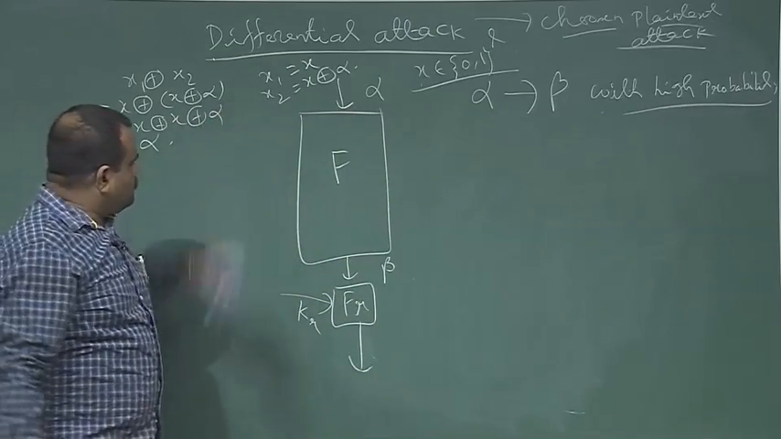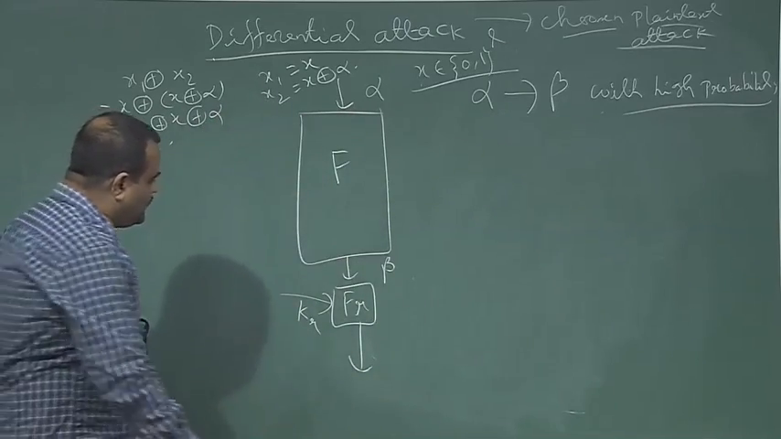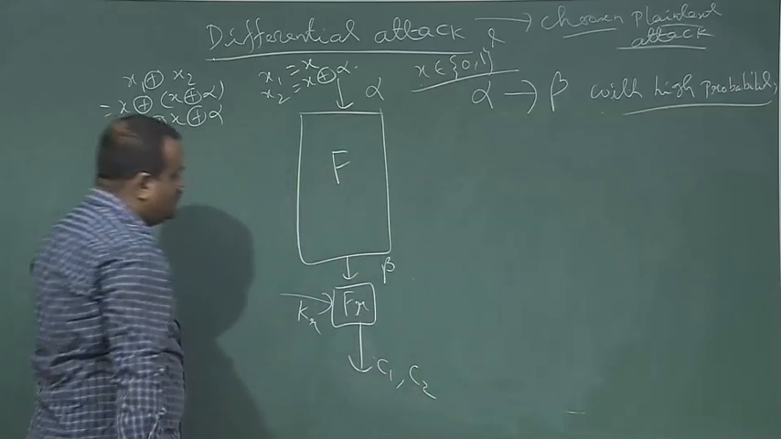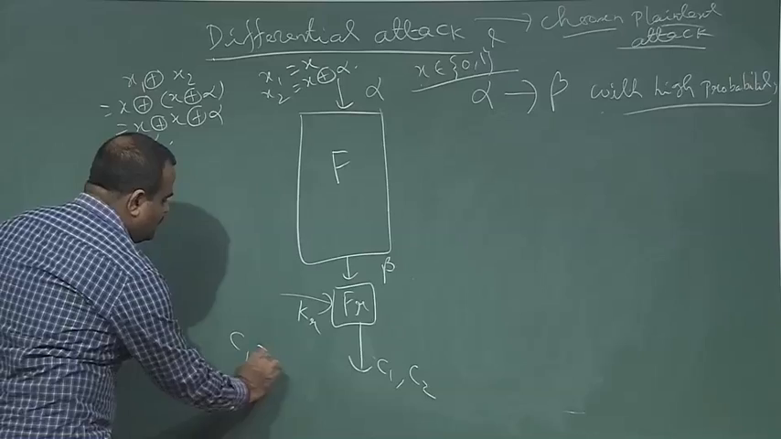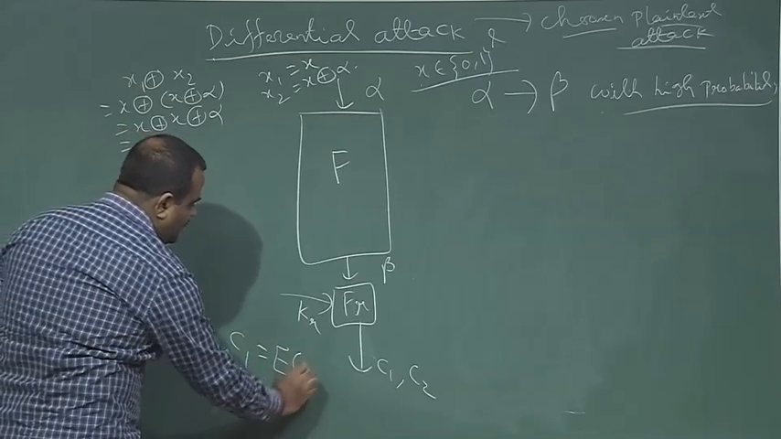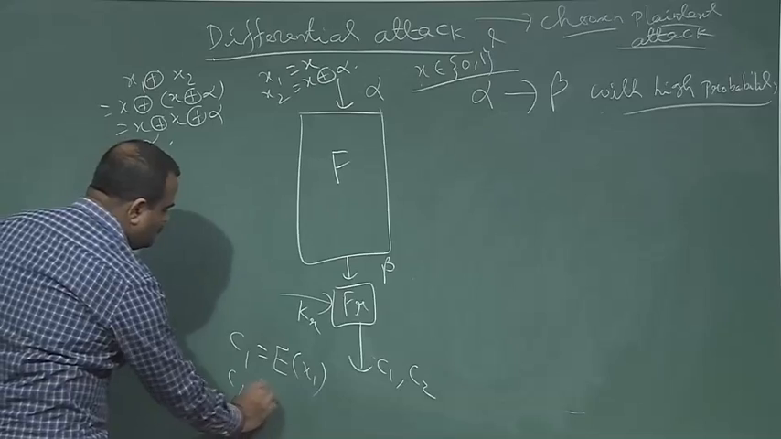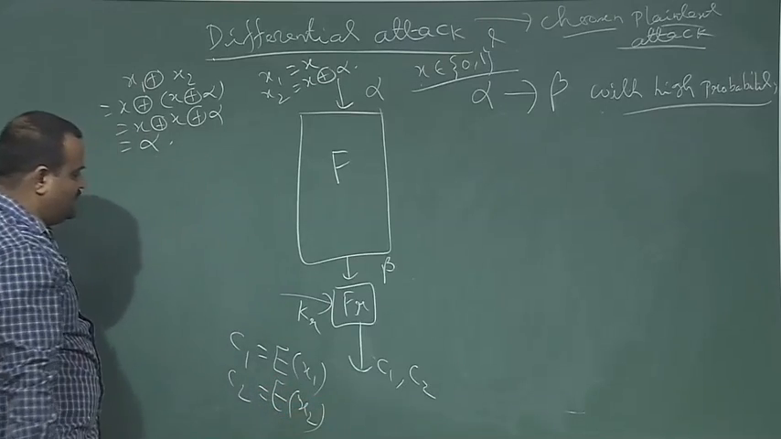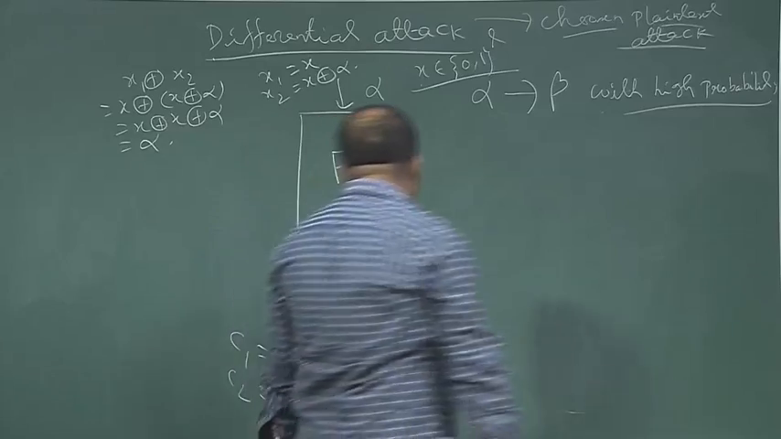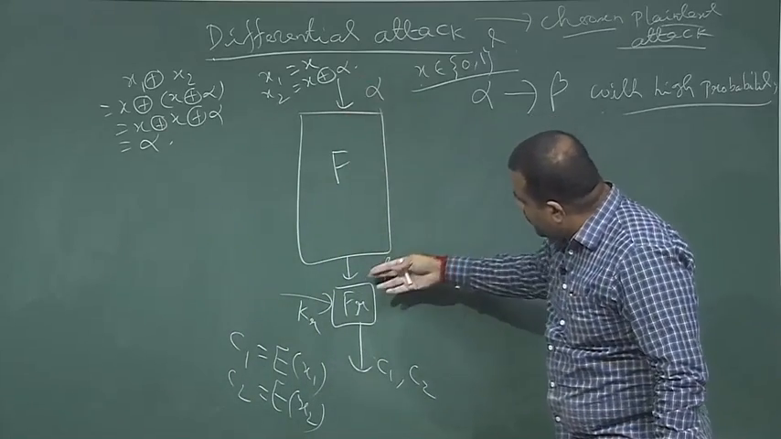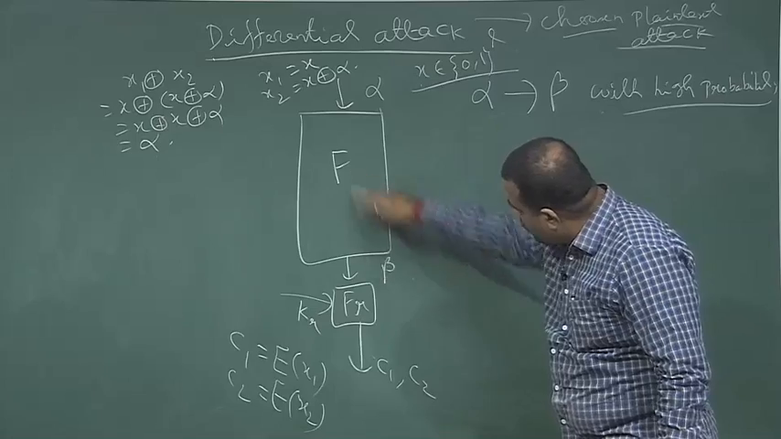So, we choose these two plain texts. Under this chosen plaintext attack, we get the corresponding ciphertexts C1 and C2. C1 is basically the encryption of x1 and C2 is basically the encryption of x2, the plaintexts x1 and x2. Now we know the input difference is alpha,